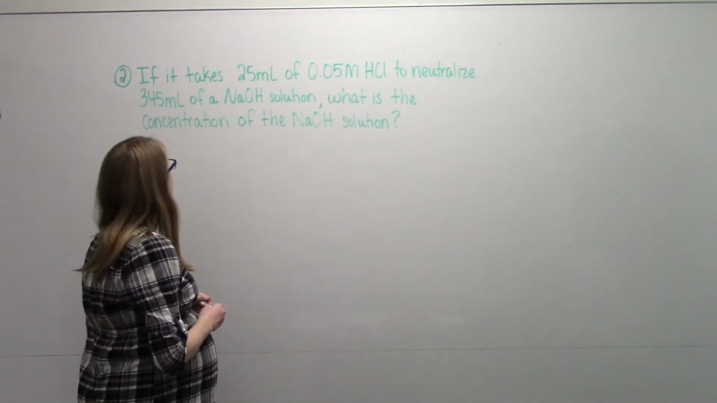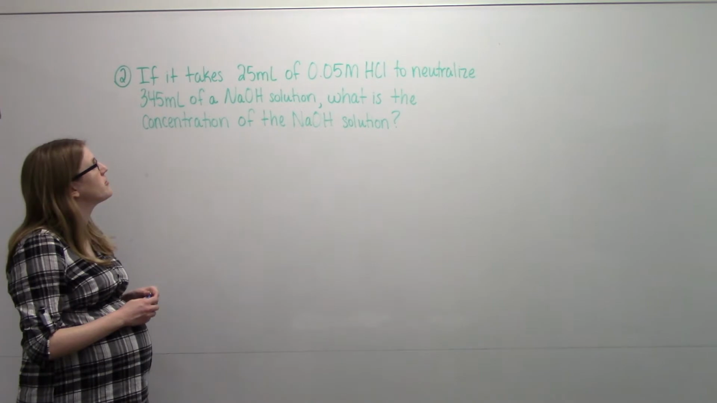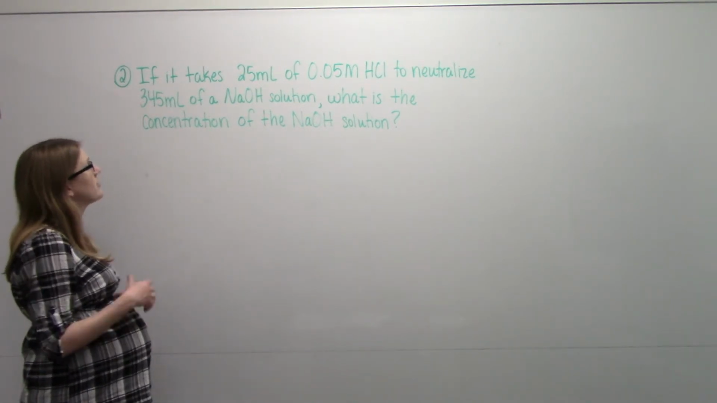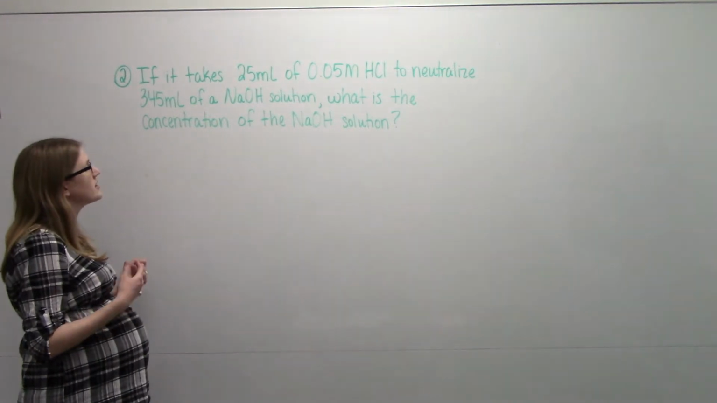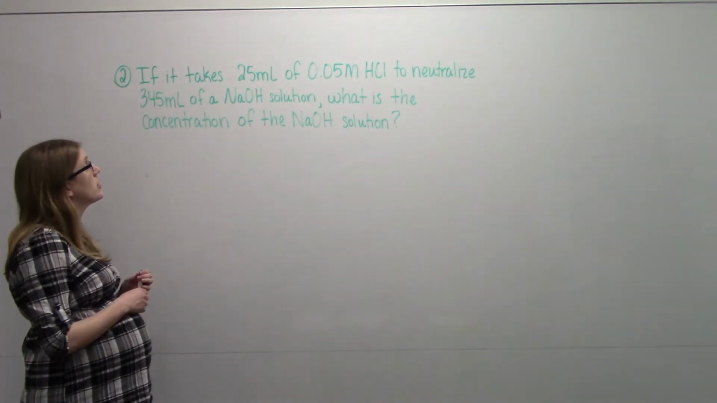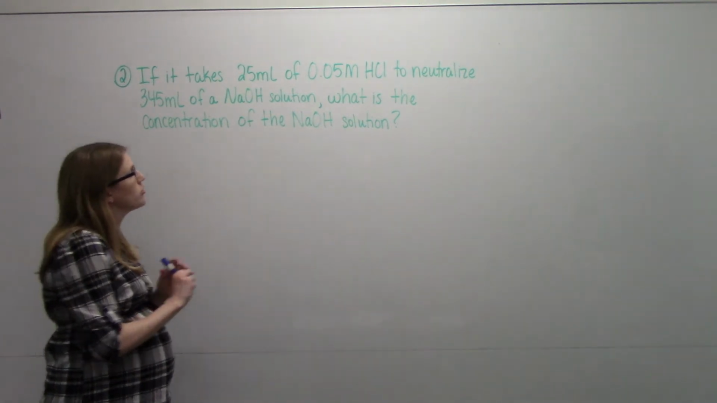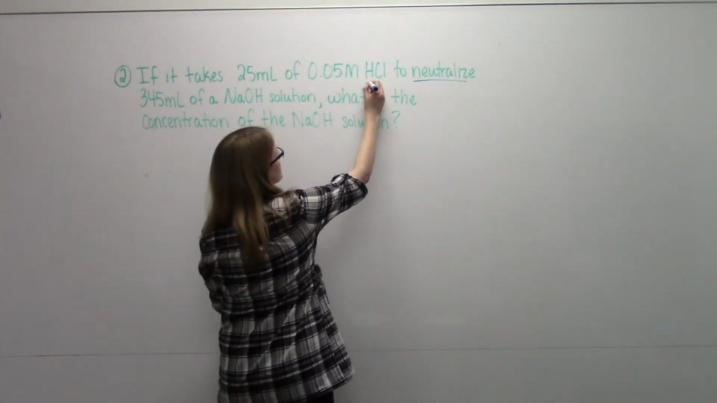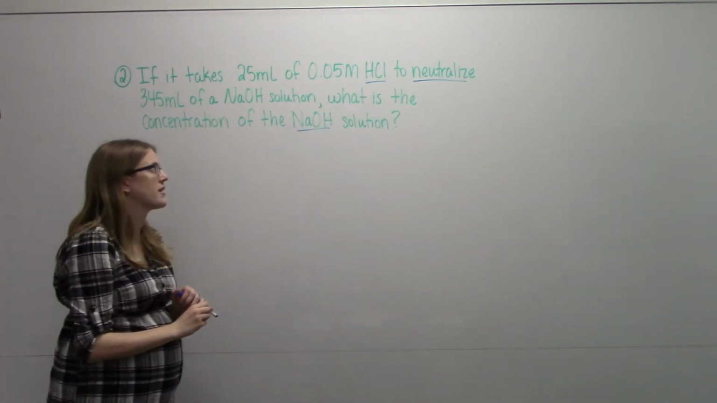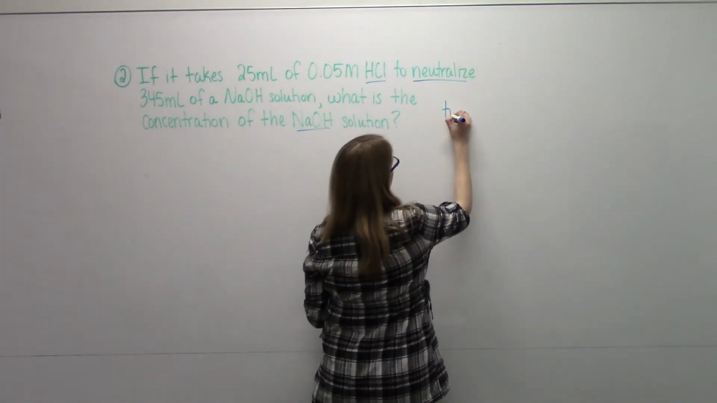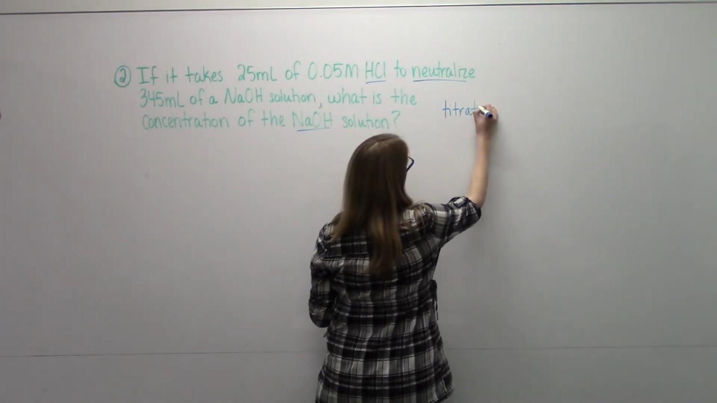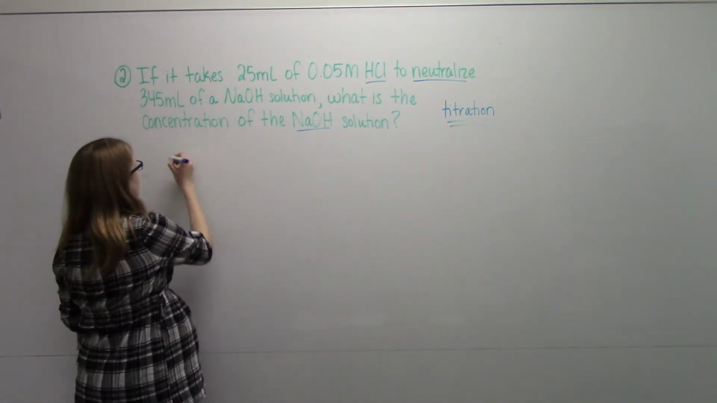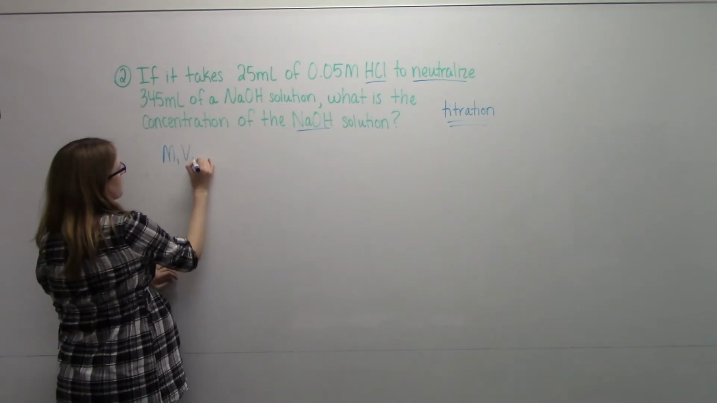So here it is. If it takes 25 mL of 0.05 molar HCl to neutralize 345 mL of a sodium hydroxide solution, what is the concentration of the sodium hydroxide solution? Some keywords, if you see the word neutralize, or if you see two different substances, that's a big hint that this is a titration problem. Now what's nice, remember, we get to use the same formula that we do for dilutions. So M1V1 equals